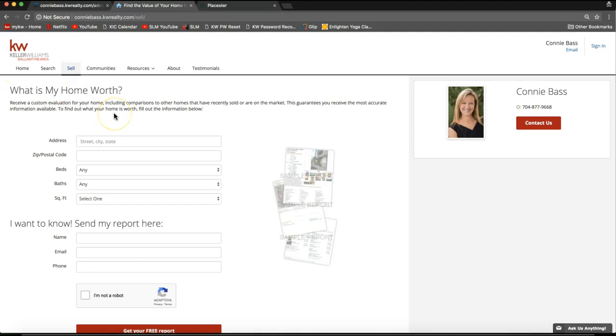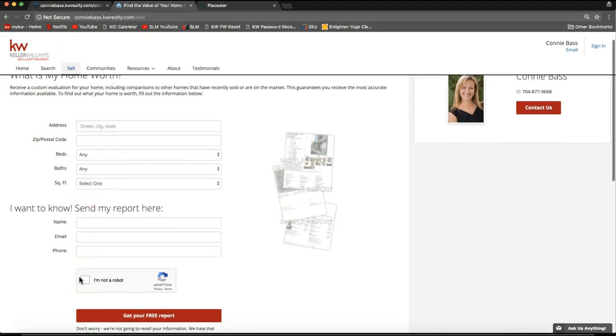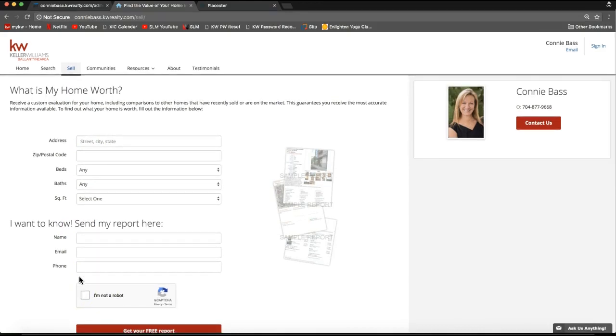And you'll see a What is your home worth form. So it will prompt people to go ahead and fill this information out. It will send you the lead so you can do a CMA for that property and get back to that client. So what we're going to want to do to add this to your Placester website is